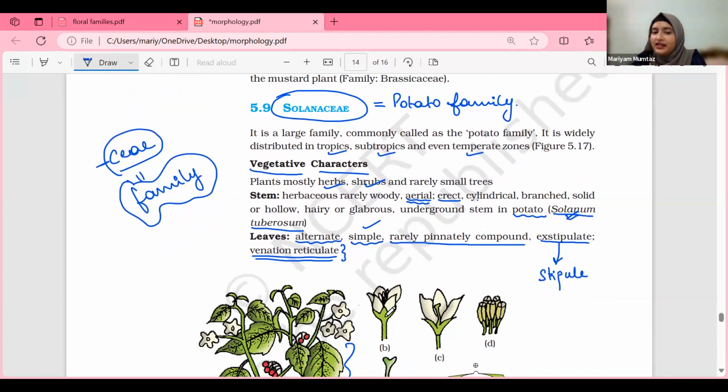Okay. So stem and leaves are clear. These are only terms that I can explain. You have to mug it up, right? There is nothing that I can do so that you will remember. But I hope you'll not forget the symbols. Whether they are aerial, whether they are cylindrical, everything, these things you have to mug up